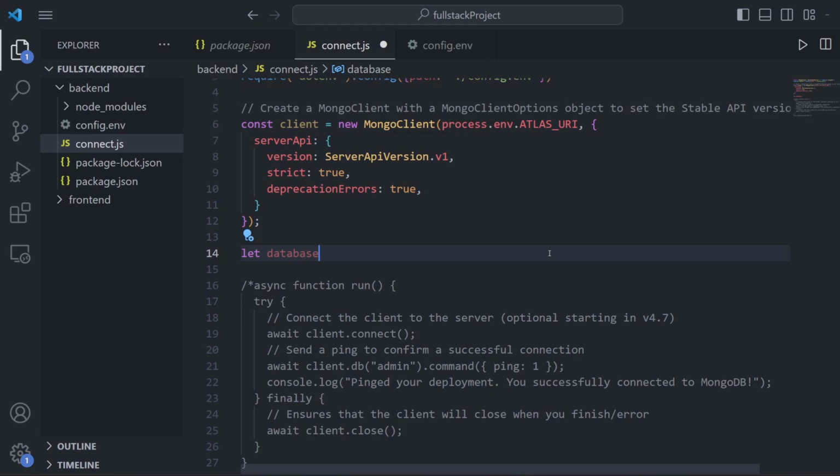Next, let's think about what we actually need to do in this connect.js file. The name of the file is connect, so it would make sense that we would need to connect our code to MongoDB. However, we also need to take something else into account. We're going to be connecting this MongoDB database to a server, and we're going to have our own separate file for our server. Therefore, we're going to have to export the functions from this file so we can use them in our server file. The next episode will dive into the whole import/export scheme, but for right now, just know